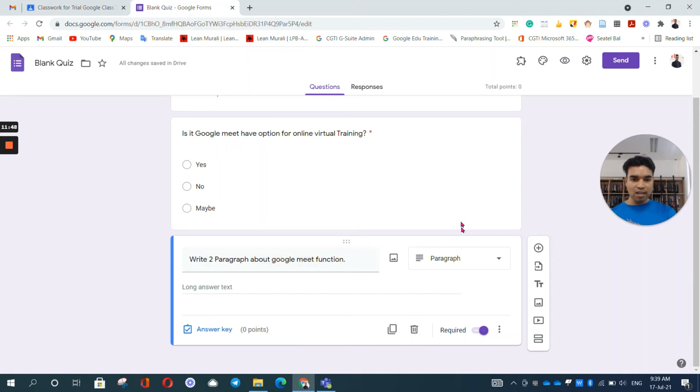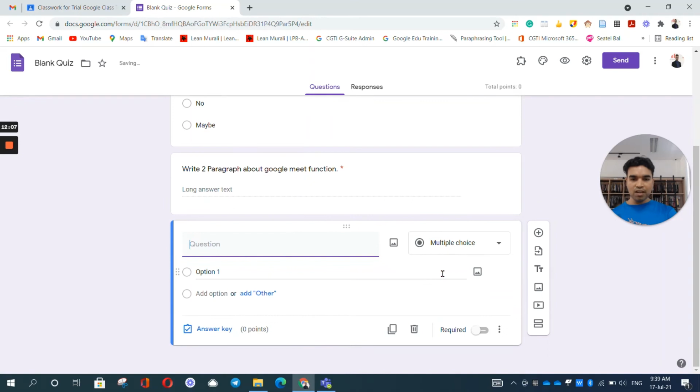So you can see the first I copied, so required is still on. But when you add new, you need to do it again. So it's very handy. You had better copy from the first question to the next question. Then I can create new from here. So it will give me a new question and you can see the required button is off. So I can write the new question.